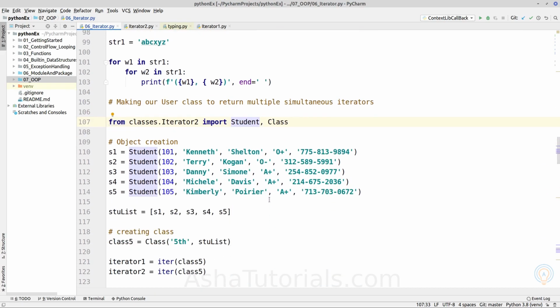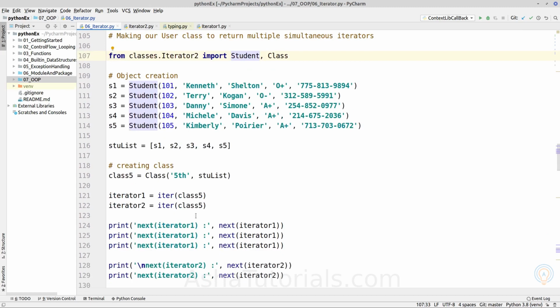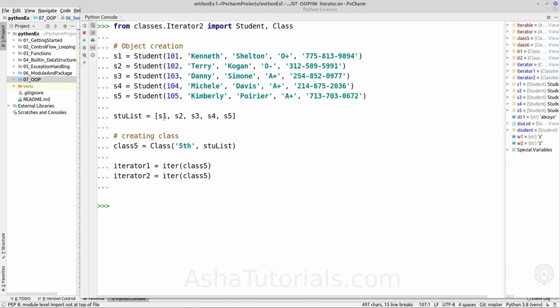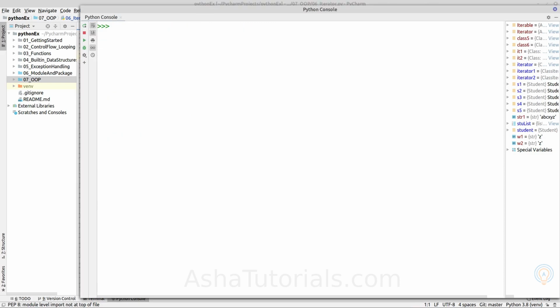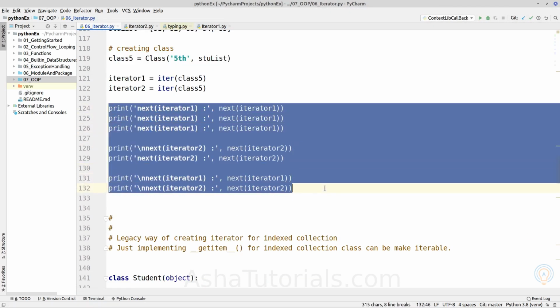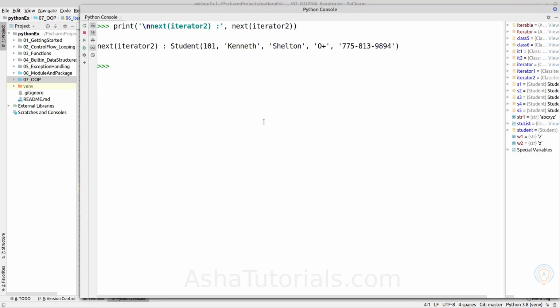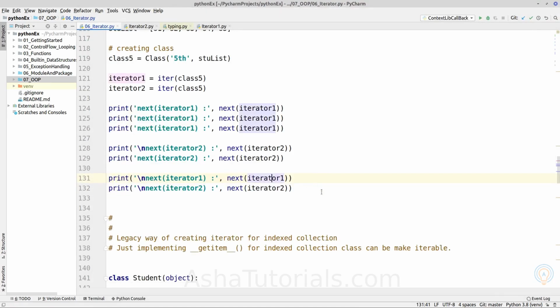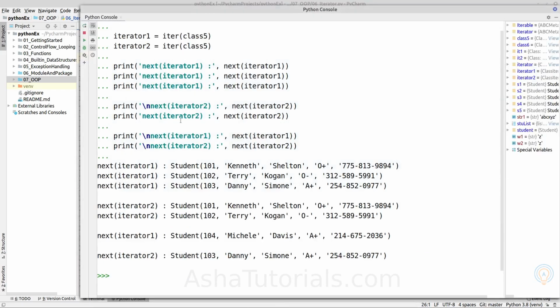So now let's create the class object and create multiple iterator objects. So we have created two iterator objects. Now we will invoke the next method simultaneously on both iterators.